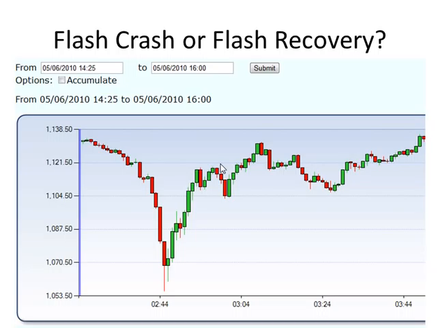As you can see in this chart, this was the May 6th crash in the United States. The market crashed but almost immediately recovered from this crash. And the recovery is just as fast as the crash was. Yet nobody seems to call this a flash recovery. We only look at the downside. Nobody is looking at the upside of what happened here.